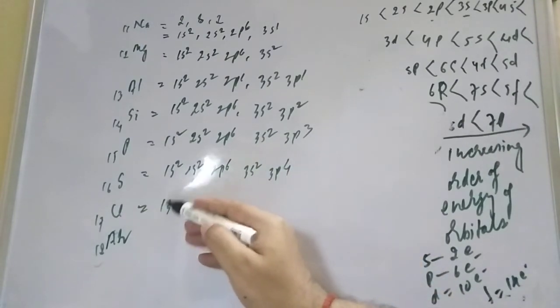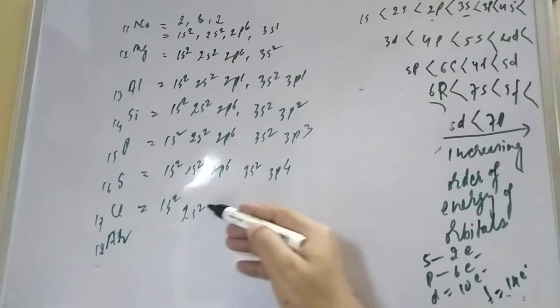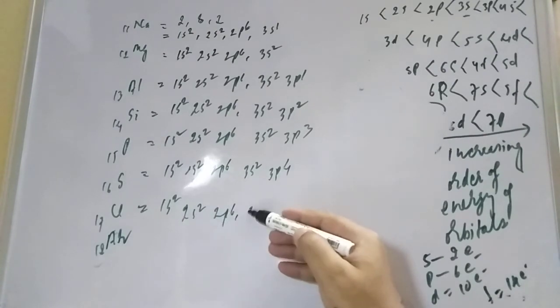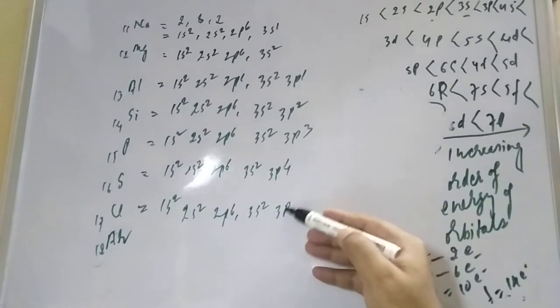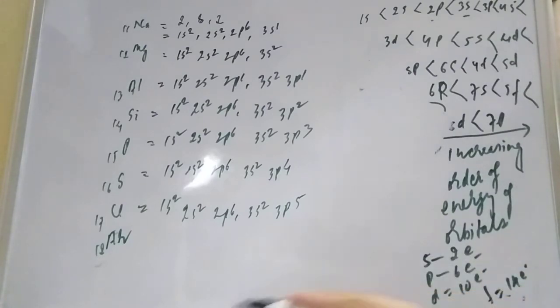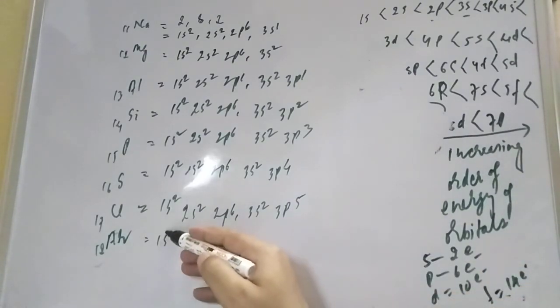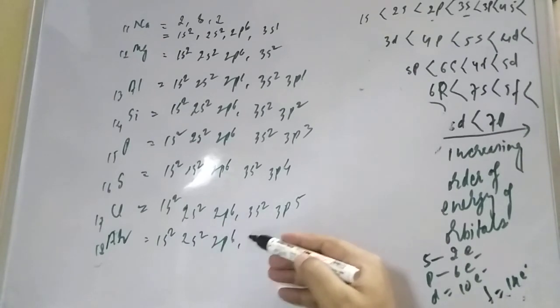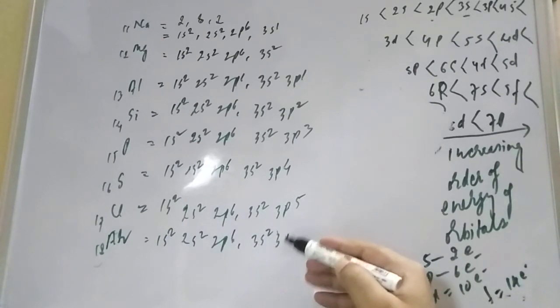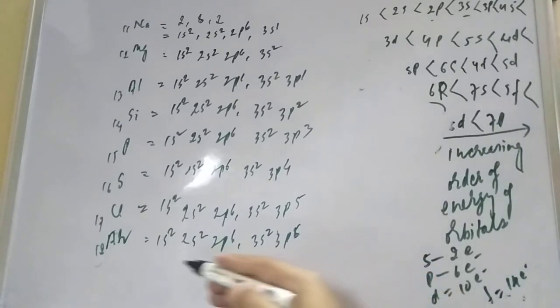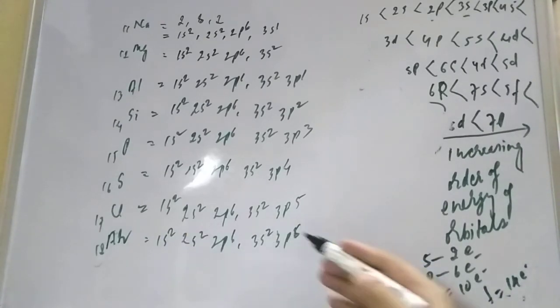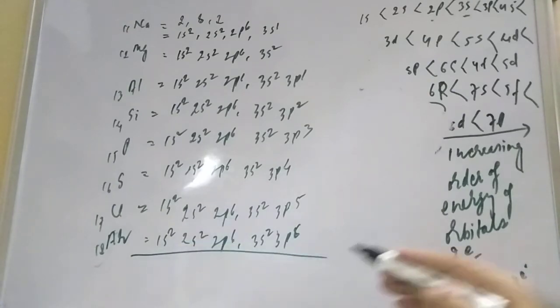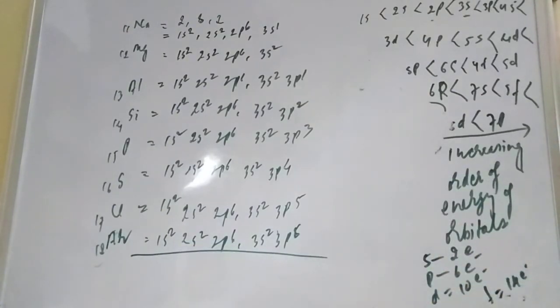Chlorine, student, that is 1s2, this is coming 2s2 and 2p6, and next one is 3s2 and 3p5. This is chlorine. Now if you are coming to argon, student, what will come? 1s2, 2s2, 2p6, and here is 3s2 and 3p6. Dear student, 2 to 4, 6, 10, 12, 6, 18. So you try to add up like this, student, and if you are not able to understand for other elements,